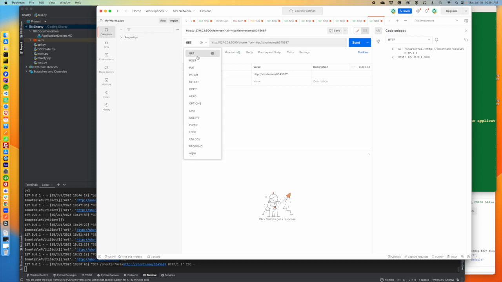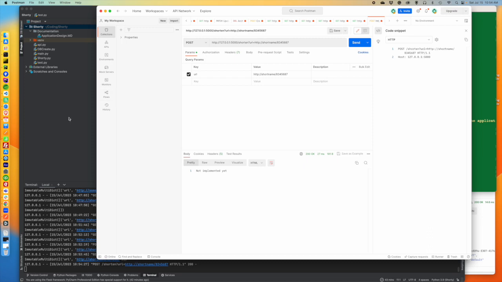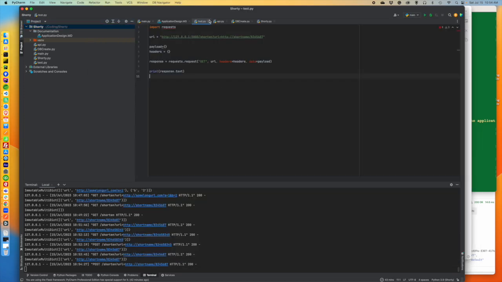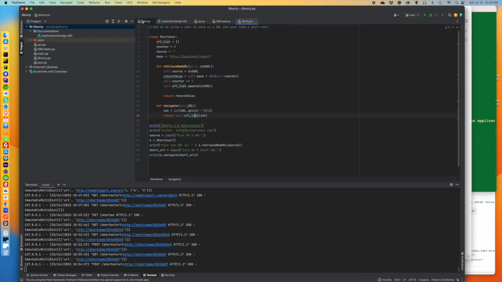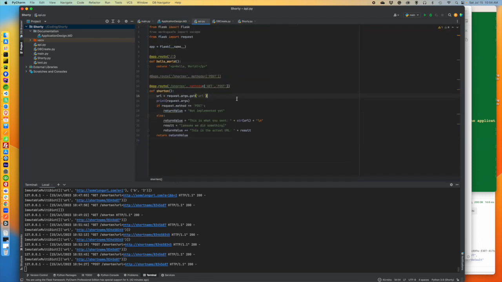So I'm going to have two different calls I'm going to work from. If you remember, I do my post and it's not implemented. So let's flip back over to our actual API. Now what we want to do is something with our post. One of the things we want to do is try to get the values that come out of it. So we're going to do it most simply like this: